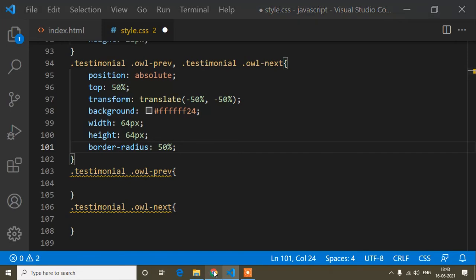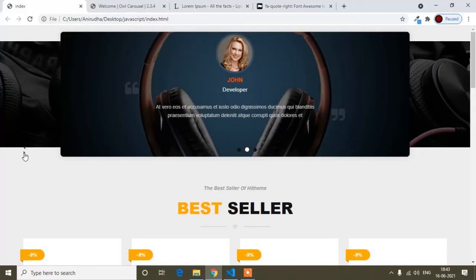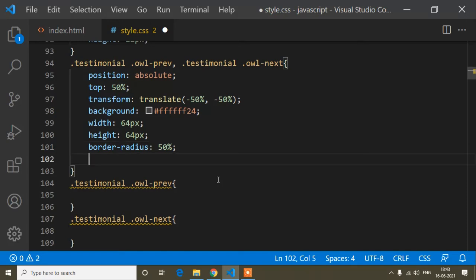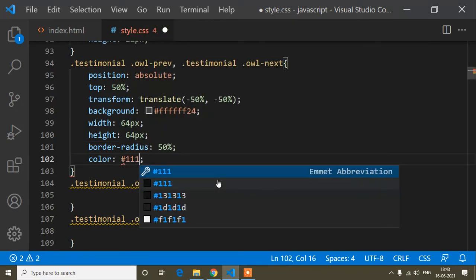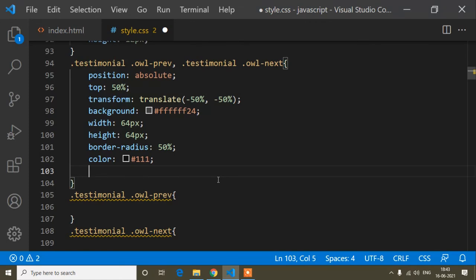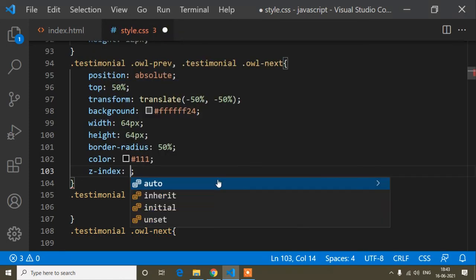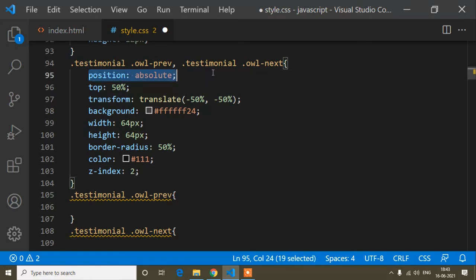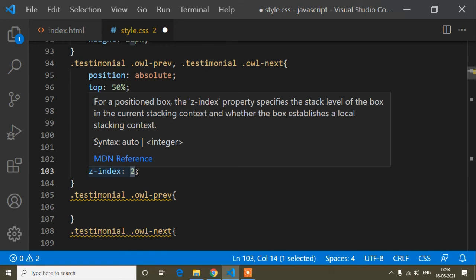And color means here this button, and each button has an icon, so this icon color will be this color, okay, this blackish color. And z-index is a very important thing. When we write any floated div, at that time we write z-index. Z-index means how much the div will be floated, so that depends on z-index. You can write here 900, you can write here 1000. So with 1000 it will be above the div below it, okay. So that denotes how much it will be floated, the z-index.